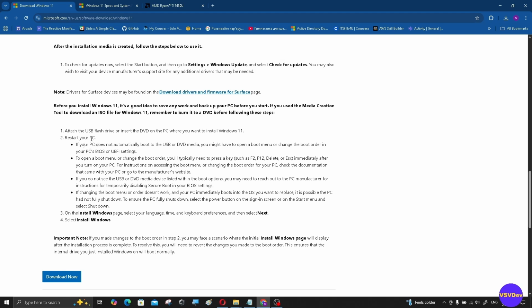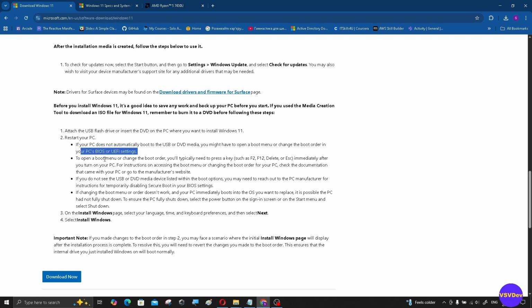Run our installation USB. We need to create it, then put it in our PC or laptop, then restart the PC and navigate to BIOS or UEFI